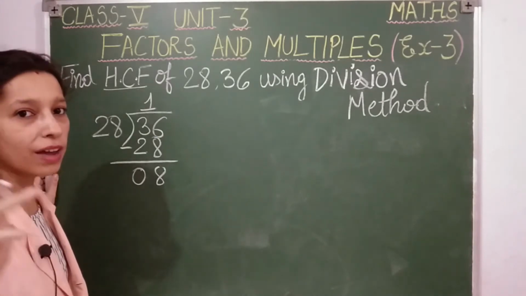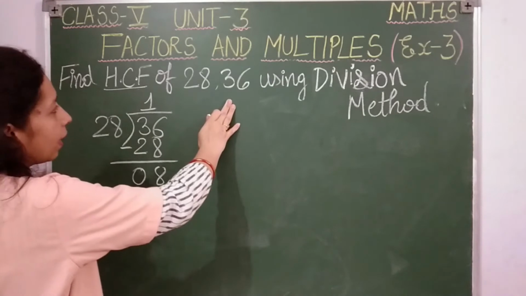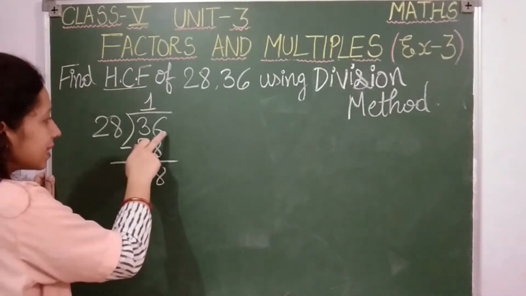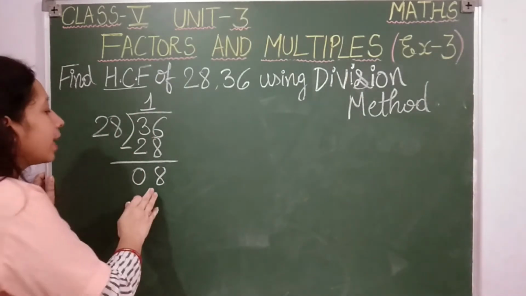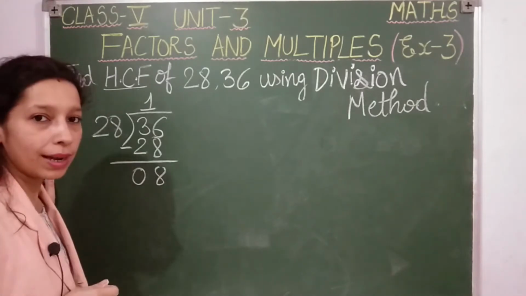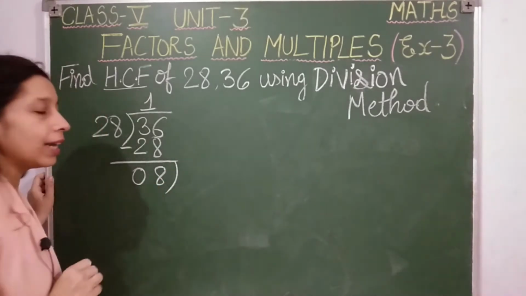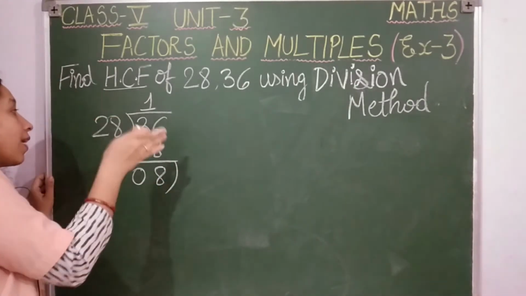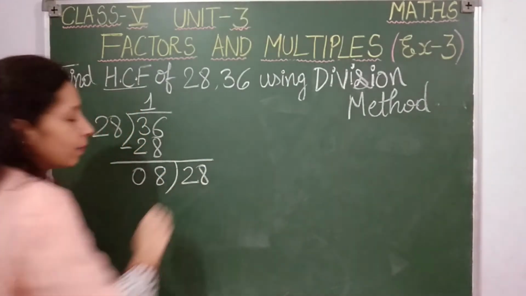Okay, because we are finding the HCF, so remember. First step is to take the greater number and make it as dividend. Then take the number which is less than your dividend, make it as divisor and simply divide. Surely you will get remainder. Here we want the remainder as 0, but I got the remainder as 8. No problem. Now this remainder will become my new divisor. And the divisor which I have taken previously, now that divisor will become my dividend.